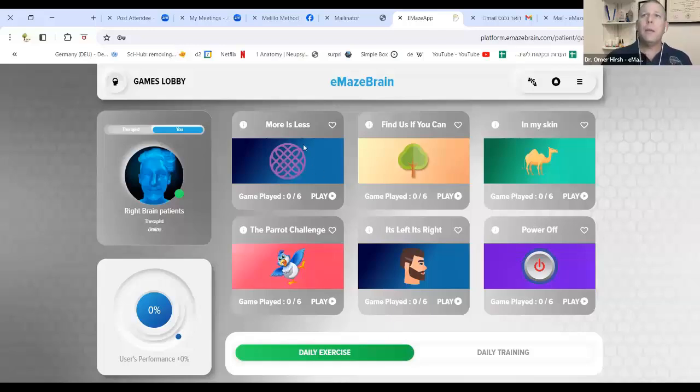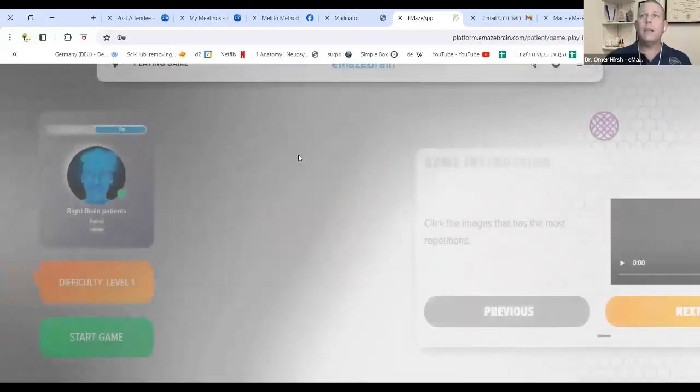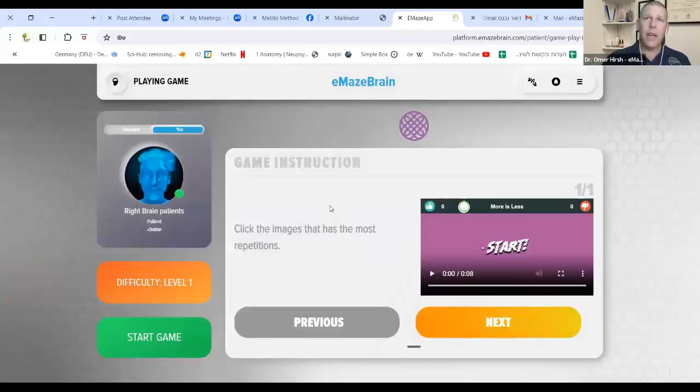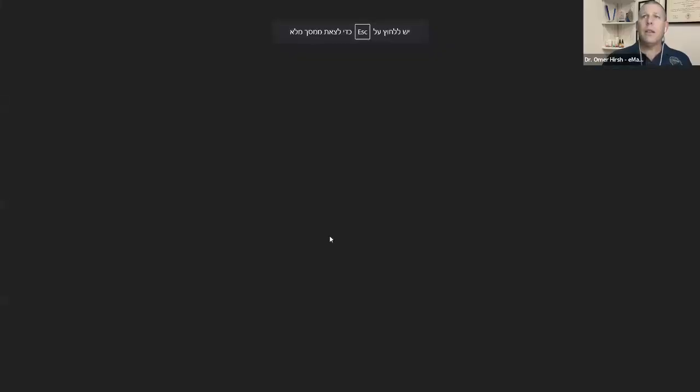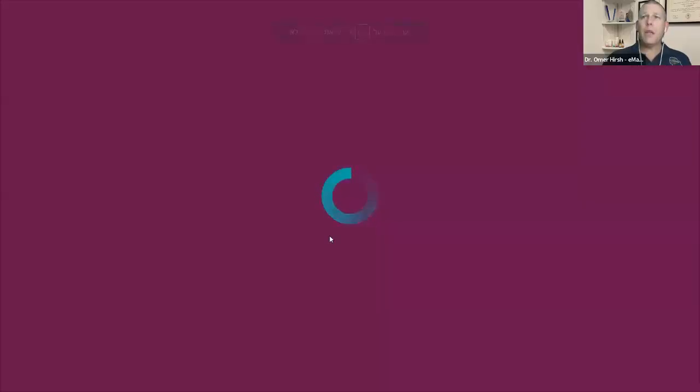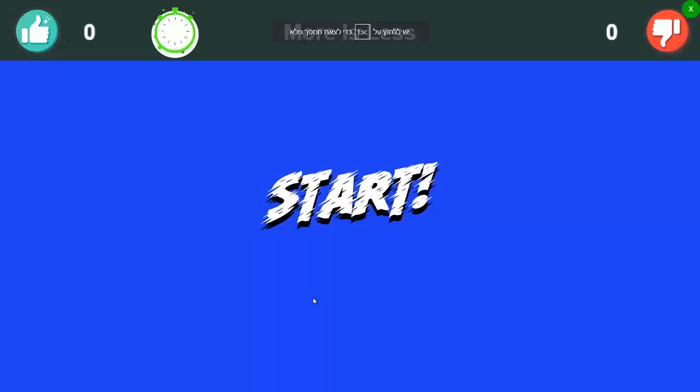So let me show you what it looks like. And game instructions. All right. So every game gets instructions. So there's a verbal explanation, and then there's also a short video that they can look at and see what they're supposed to do. And then when they're ready, they just press start, and the game comes up after a few seconds. And so again, this game, we're starting at level 1,